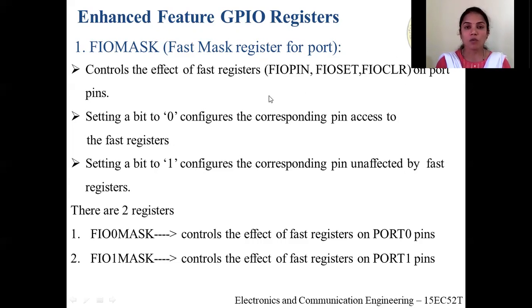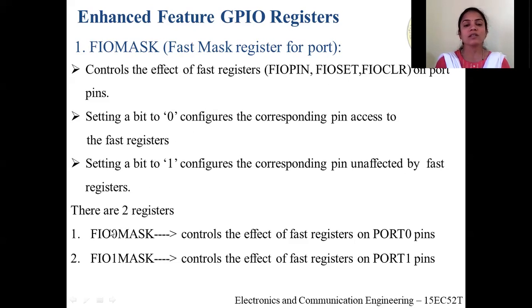That means if you want to control the operation of port pins by using the fast IO registers, that is FIOPIN, FIOSET, and FIOCLR, before controlling you have to configure the value 0 on the port pin by using the FIOMASK. Otherwise, the pins will not be affected by the FIOPIN, FIOSET, and FIOCLR registers.